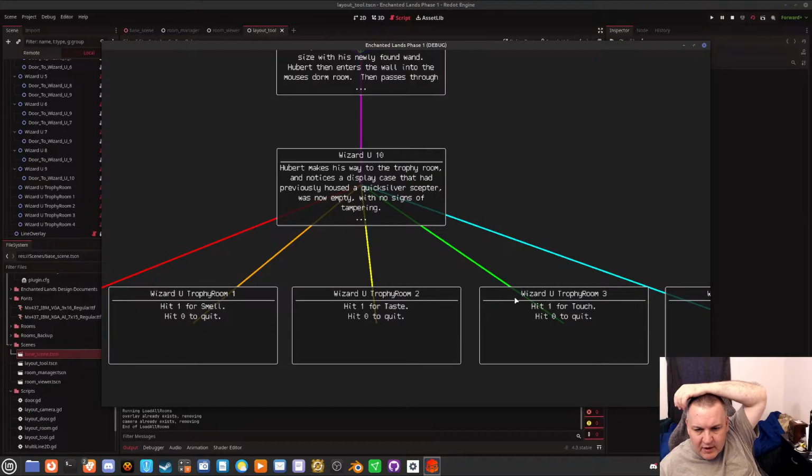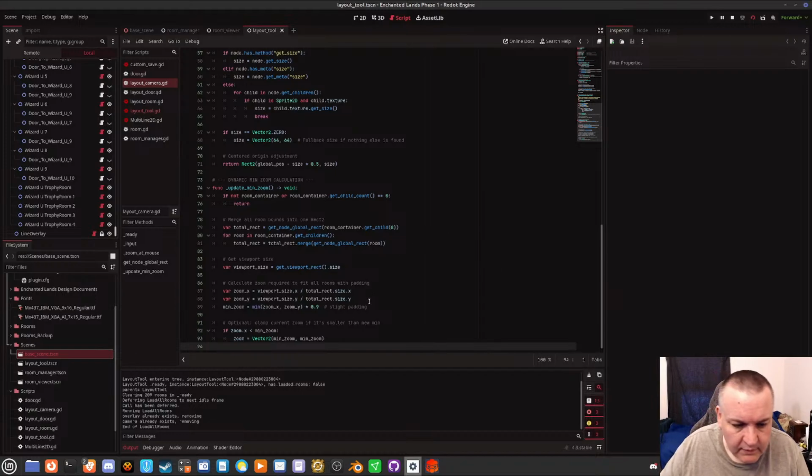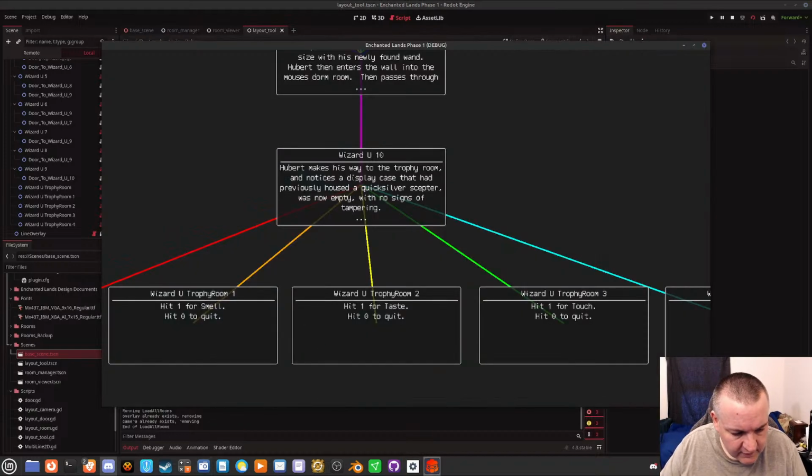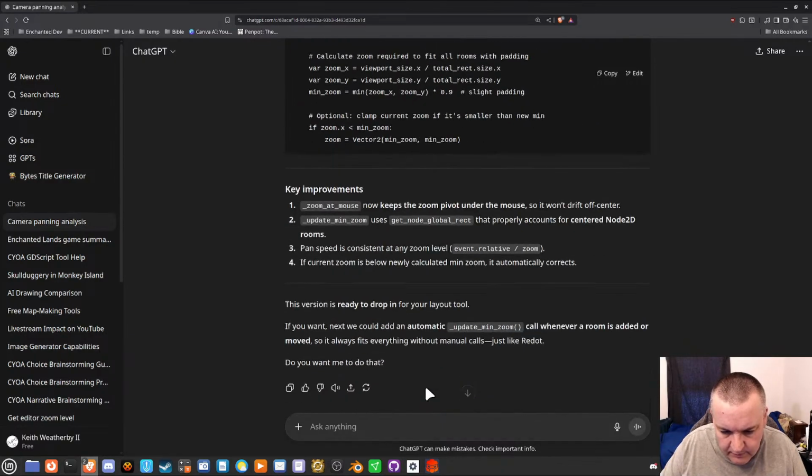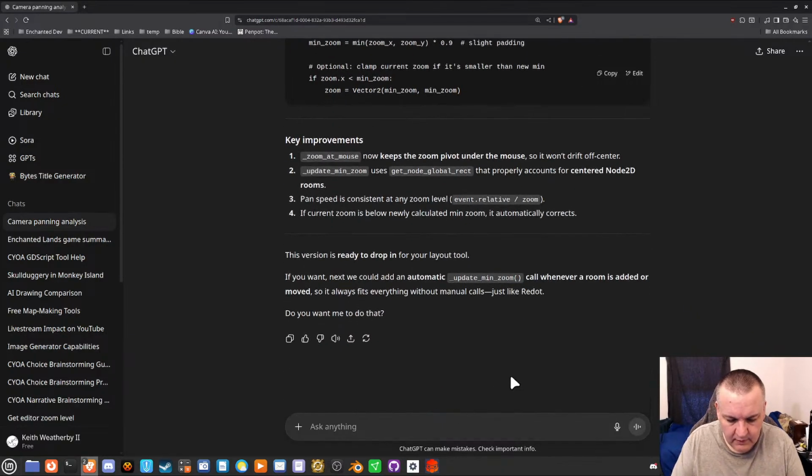It doesn't matter where my mouse is. So it's still moving the thing off depending on the location.